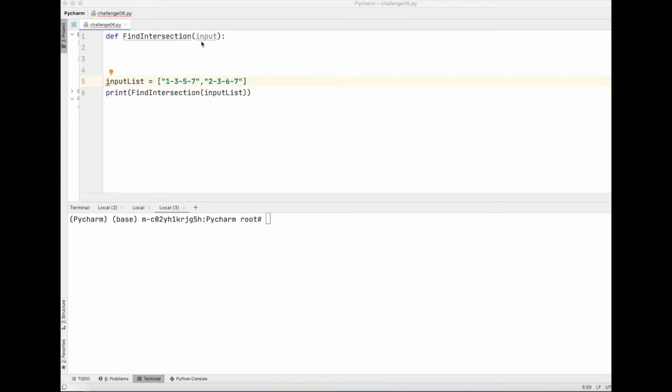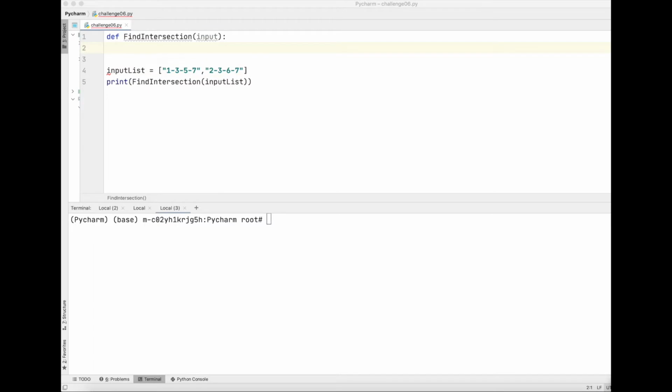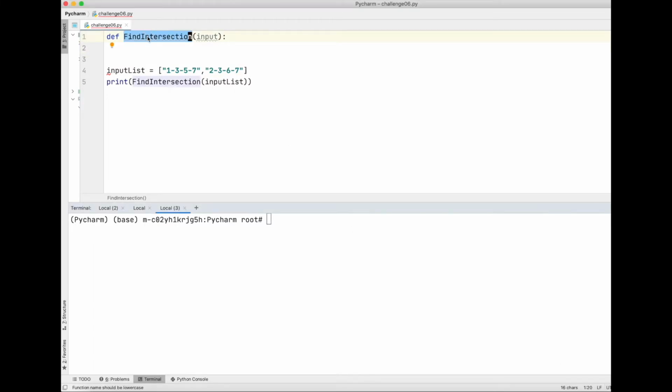So we will use a split function to split the strings into list, and then we will use a for loop to iterate over the first list, and we'll compare its element against the second list, and at the end we'll generate the output. So now let's start writing the code. Here you can see I have my find intersection function defined, and I'm calling the same function inside my